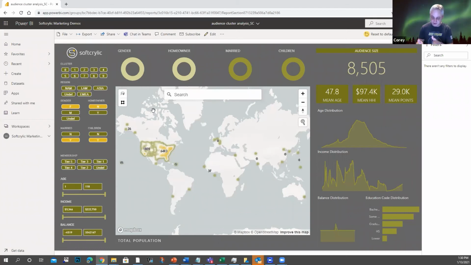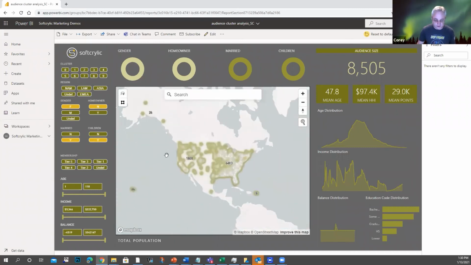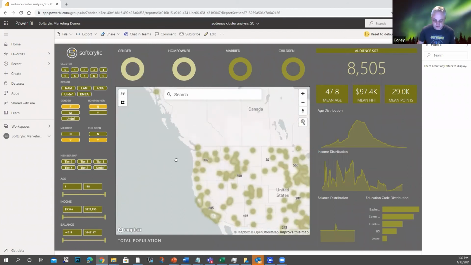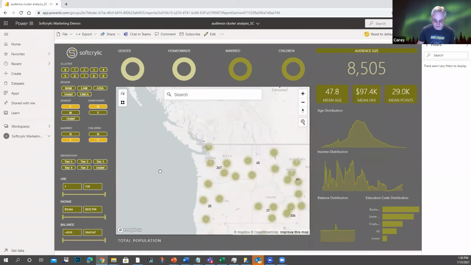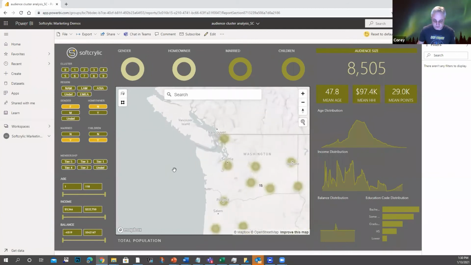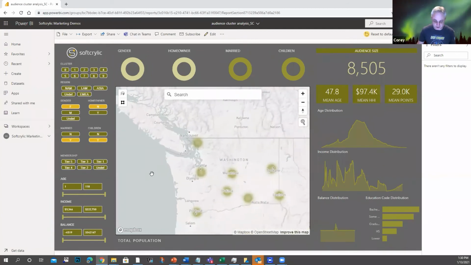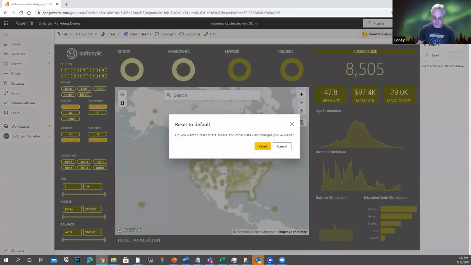Our education codes, what education levels they have. So this is already useful in terms of looking at a market, and we can zoom in on the map and see, if we were looking at Seattle, what this population would look like in the greater Seattle area. But with the clusters, we can do even more with this. So if I reset this back to the way it was,